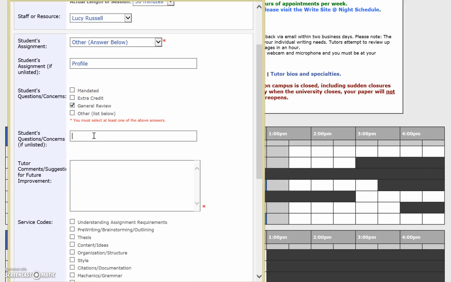This is where you list any specific questions or concerns that they had. For instance, did they want to work on grammar and flow? You put that down. This is your opportunity to put what you did for that day. So if it was a face-to-face appointment, generally you're just going to use one or two sentences that overview everything you did. So let's say we